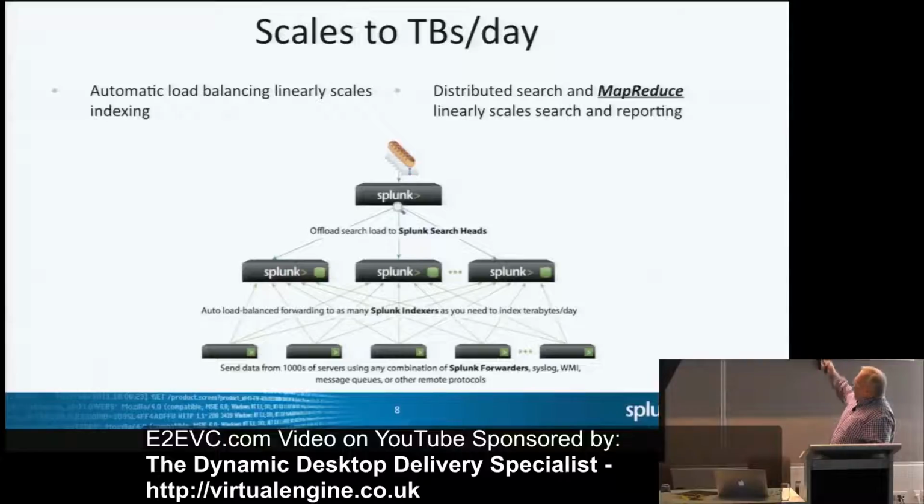I was telling you before about distributed search. You can have a single Splunk search head or multiple search heads. A Splunk search head is really just a Splunk install with the indexer disabled. It's still the same install. We only have two installs: the Splunk install and the Universal Forwarder, and that's it. All the other functionality is built into the core Splunk, and you just turn features on and off at will. One of those features is the search head, which is the pretty visual things that we saw: the search bar and the dashboards are done on the search head.